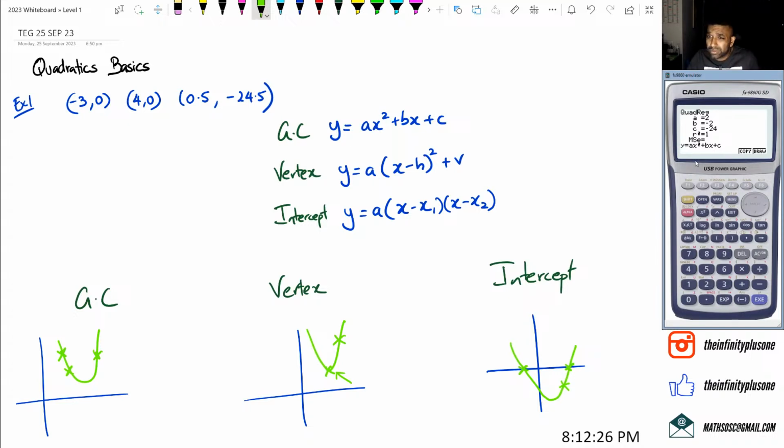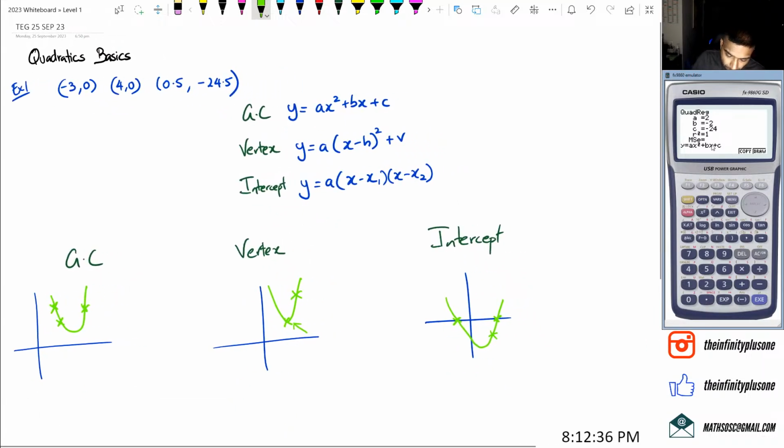Now what a lot of people tend to do in their exam papers is write down y equals ax squared plus bx plus c, and then write down the a, b, c values. What I would prefer, if you are going to do that, is make sure you replace a, b, and c. So in the graphics calculator, your answer is going to be a is 2, so 2x squared minus 2x